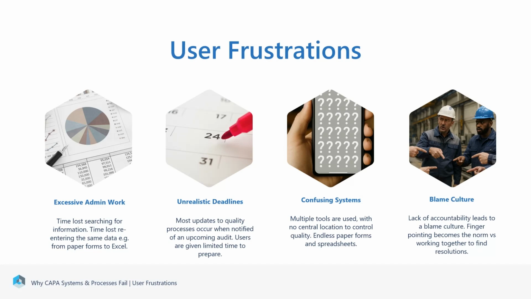We may have unrealistic deadlines in place. So there could be an action that needs to be prevented or an action that needs to be corrected, and there's not enough time to do it. That's because there's not been a review of how urgent the issue is, how big the issue is. It's just something that needs to get fixed really quickly.